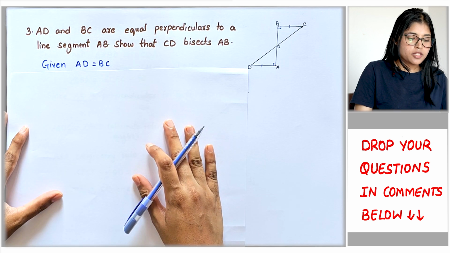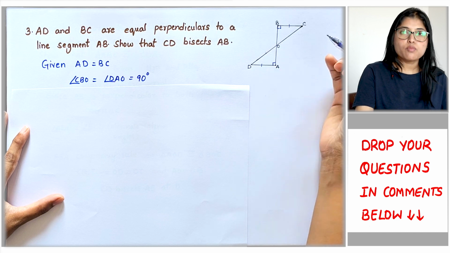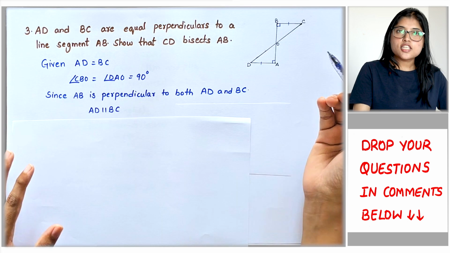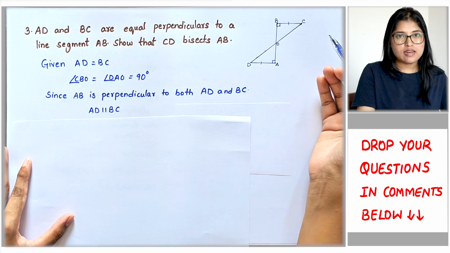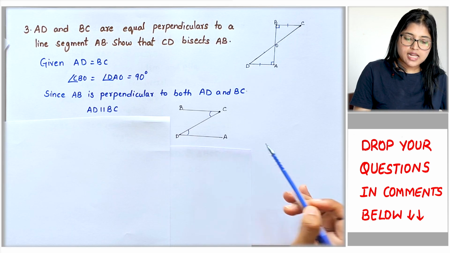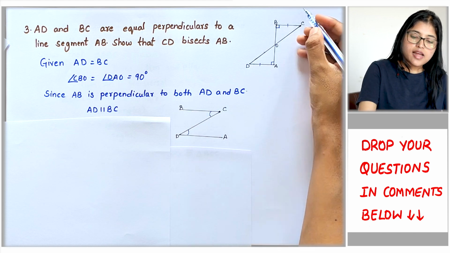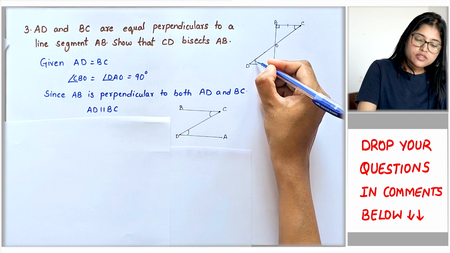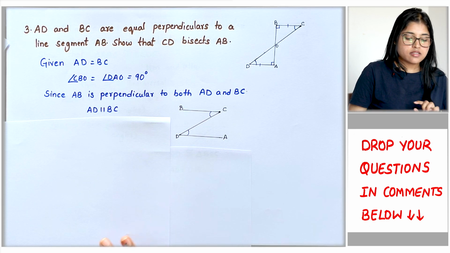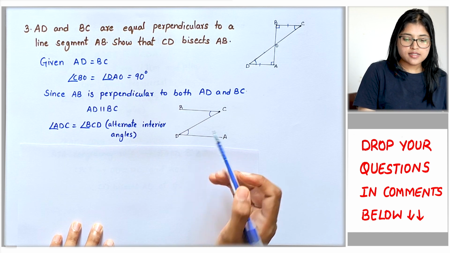Now writing the given information, AD equals BC and angle CBO and angle DAO are both 90 degrees. Now I know that AB is perpendicular to AD and BC. This is only possible if AD and BC are parallel lines. So I can write AD is parallel to BC. Now drawing AD and BC as parallel lines and CD as a transversal, I can see that angle BCD, that is this angle over here, should be equal to this angle over here, that is ADC, because of the rule of alternate interior angles. So I can write angle ADC equals angle BCD, alternate interior angles, and now